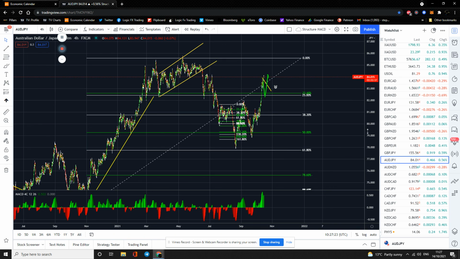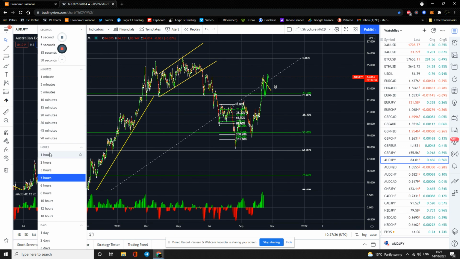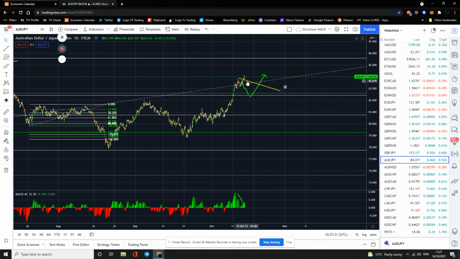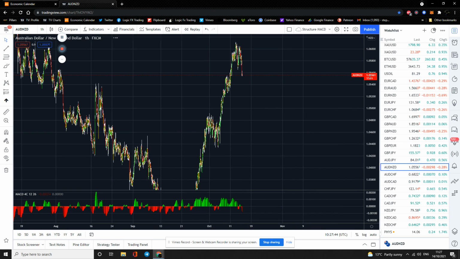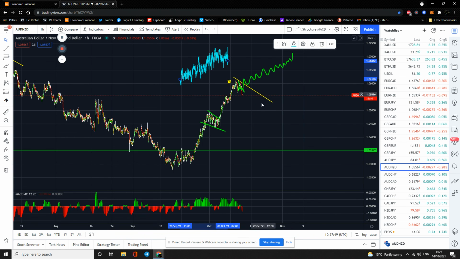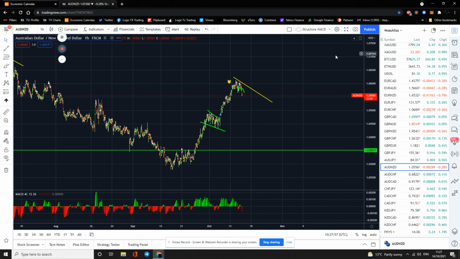Oh, Aussie Yen. Yep, just continuing on up. We were looking for a setup, guys. Possible ending diagonal there. Look at the divergence. Pointed it out yesterday. Maybe it drops from there and then gives us a setup. Now, we're looking for this. What we were saying yesterday is that this could just continue to push on up, guys, without giving us a setup. But there is a little bit of a pullback there, which is good.